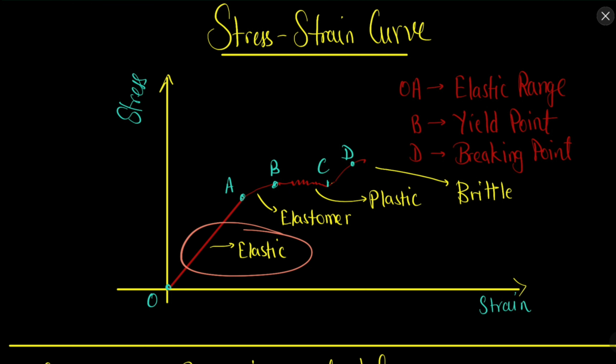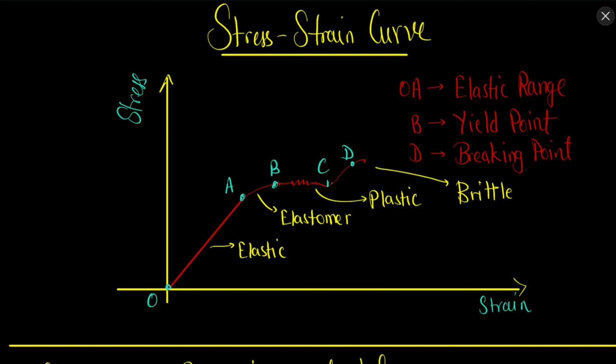First of all, what is an elastic solid? What is elastic material? Any solid, any material which comes back to its original shape after deformation is called an elastic material. Now it is important that elasticity is not about a material whose shape we can easily change and which then comes back to its original shape. It is about a material whose shape is very difficult to change. That material is more elastic. For example, steel is more elastic than rubber.